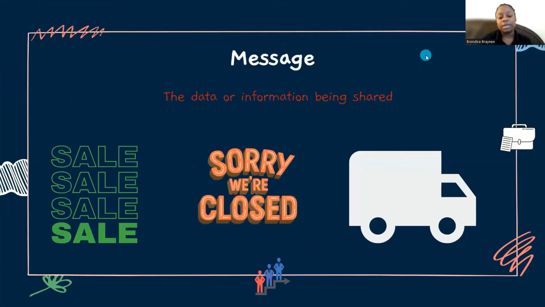The message is the first one. Of course, the message is going to be the data or the information that's being shared. Like we used in the example, it could talk about a sale, letting persons know about a sale, letting persons know you're closing early, or maybe even letting persons know, hey, we're moving. You could even express things like letting a customer know that we're so happy that you're a new customer. Every time you sign up to a new website and you say, I want to be on the mailing list, what happens? They communicate to you. They send you an email, and that email may say something like, hey, thanks so much for joining our website. That's a message that's being communicated to you.